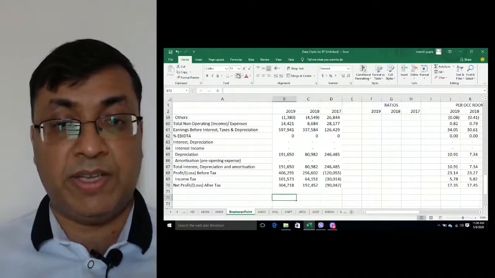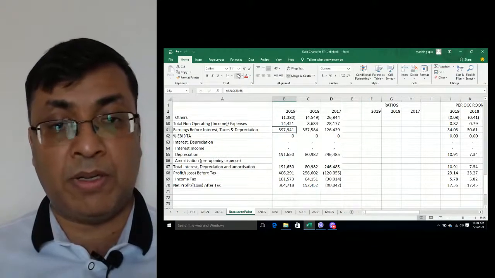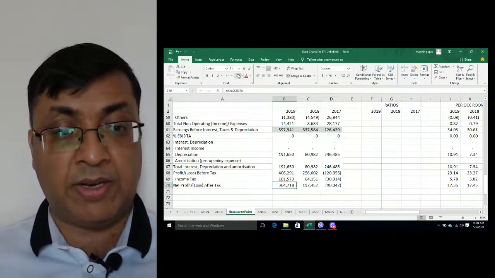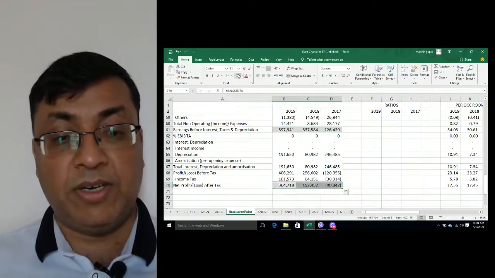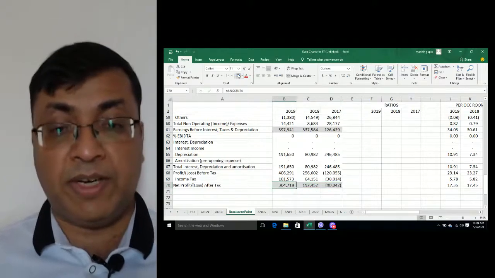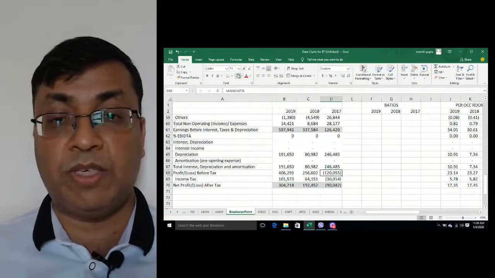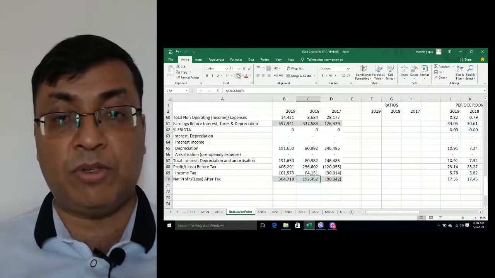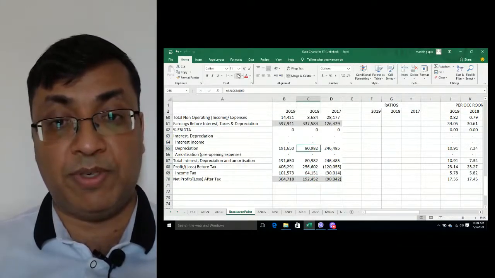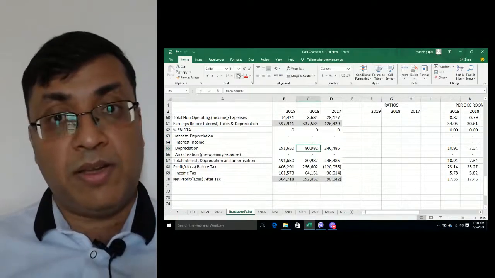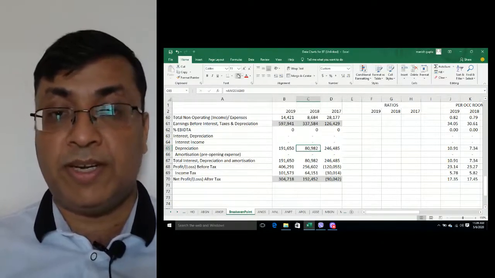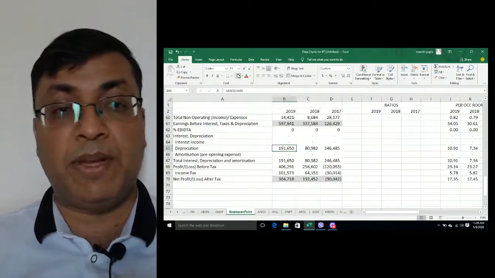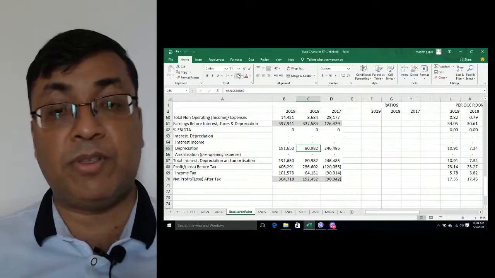And then finally the earnings before interest and depreciation, and the net profit after taxes. Here you can see the net profit after tax is negative in one year because of the high depreciation, and positive in another year because of similarly lower depreciation. One thing you have to understand and keep in mind is how the accounting policies are changing. This is a typical example of changes in accounting policy. We can